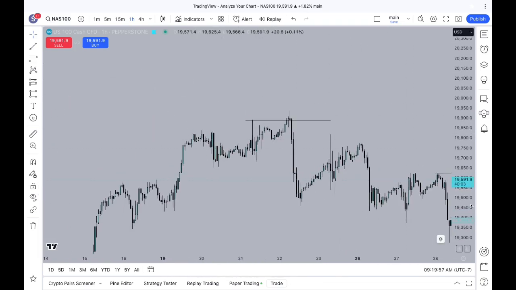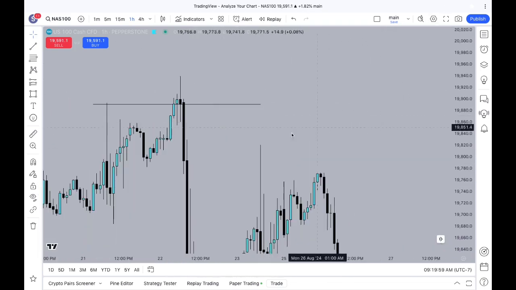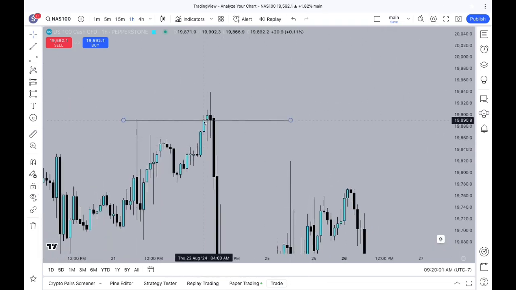Let me zoom in a little closer. So as you can see, price didn't displace, like I'll show you displacement in a second. Displacing would be a break of structure. Right here, we did have a break of structure, but when we came up to this high,